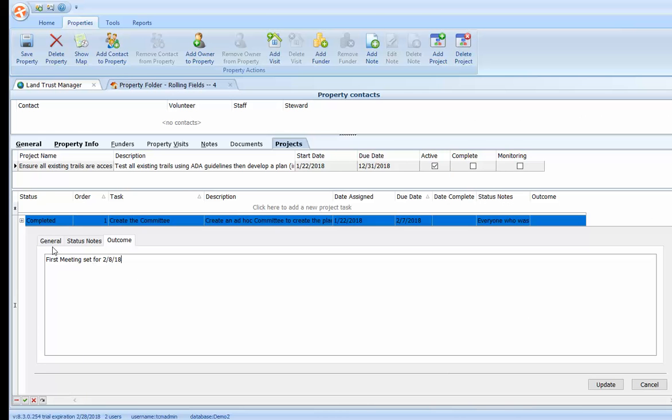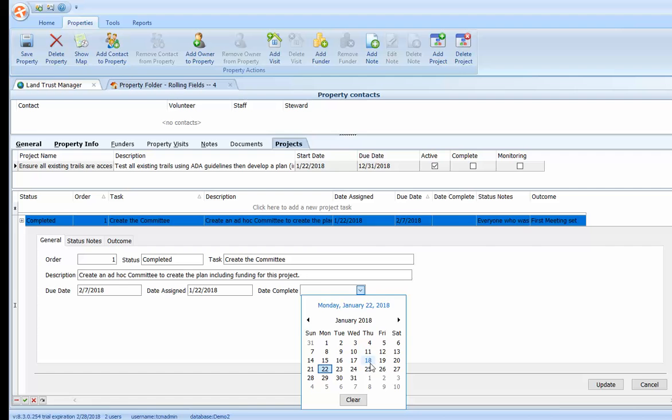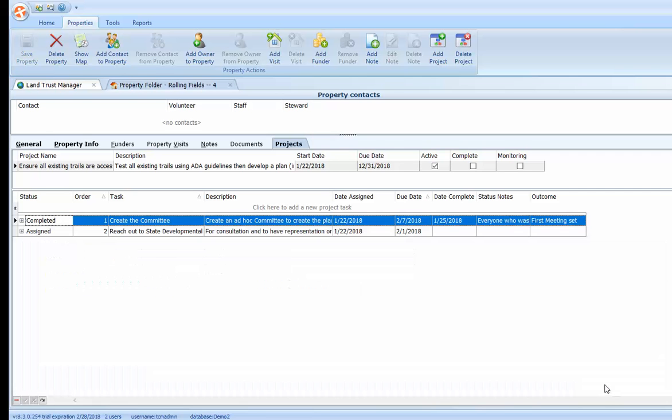We'll go back to the General tab, make sure the information is correct. It was completed on the 25th. We'll then update, and you can keep track of all your tasks within a specific project and create multiple projects